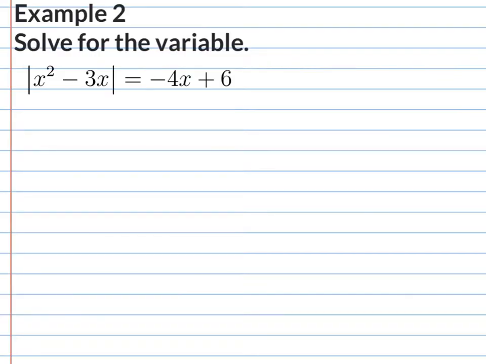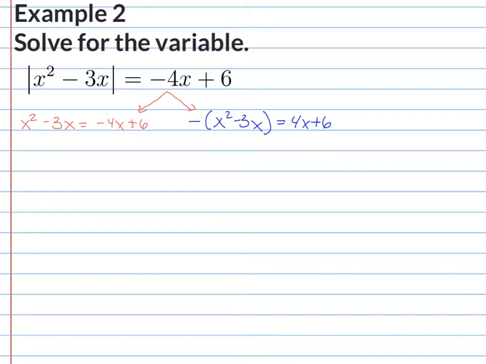When we're solving equations that have absolute values, the first thing we're going to do is split it into two equations. We have a positive equation and a negative equation. Our positive equation is just like it looks without the absolute values. So we're going to have x squared minus 3x is equal to negative 4x plus 6. And then we have our negative equation, which is going to be negative (x squared minus 3x) is equal to